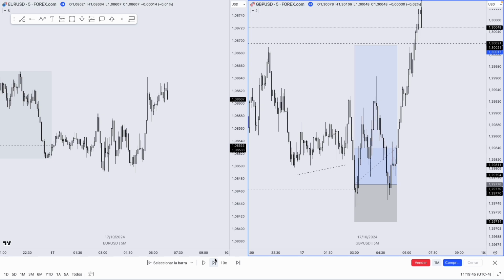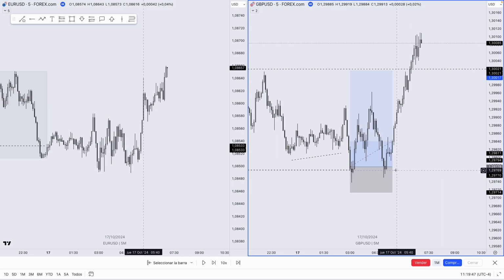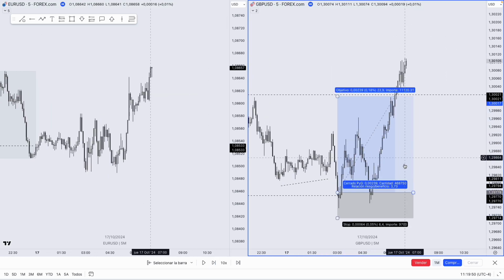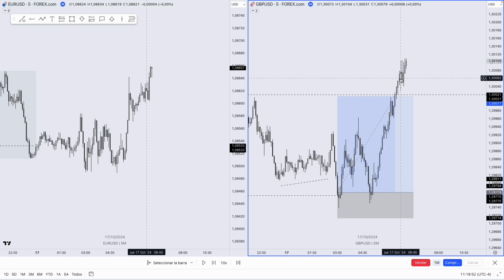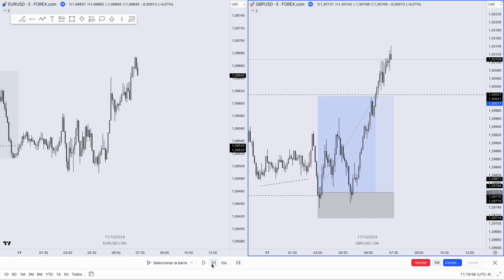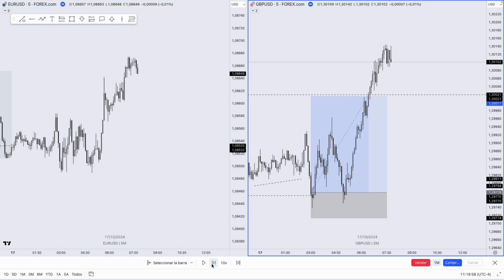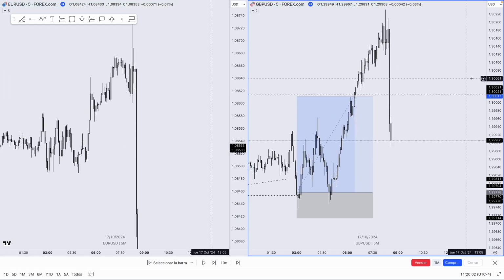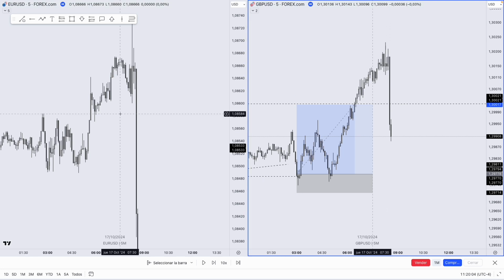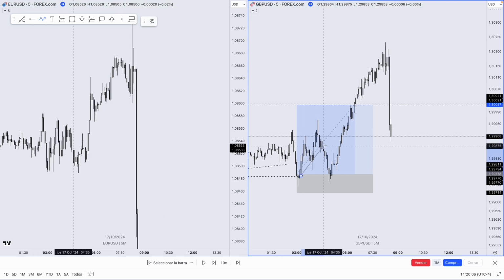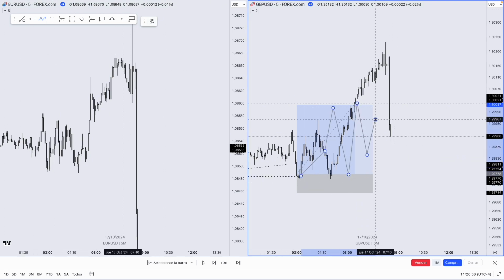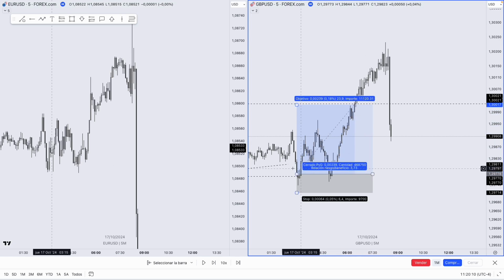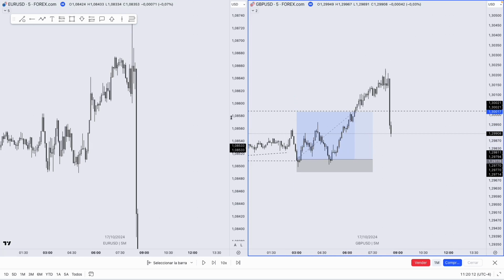So I had a little bit of bad luck with the timing today. I could have entered again, but there was interest rates news at 8:15, I think. No, sorry, 8:30. So I thought that before this, price was just going to chop like this, so I thought it was not worth it to enter the trade.